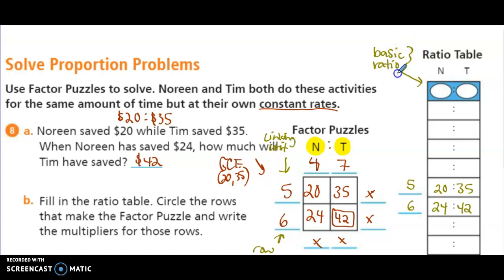Your basic ratio is found here. These factors are your basic ratio, which go here under the proper ratio labels. Okay, and then you can fit, this is row 1, so this is 4 times 1, so this is 4, 7 times 1. This is row 2, 4 times 2, 8, 7 times 2 is 14, 4 times 3,